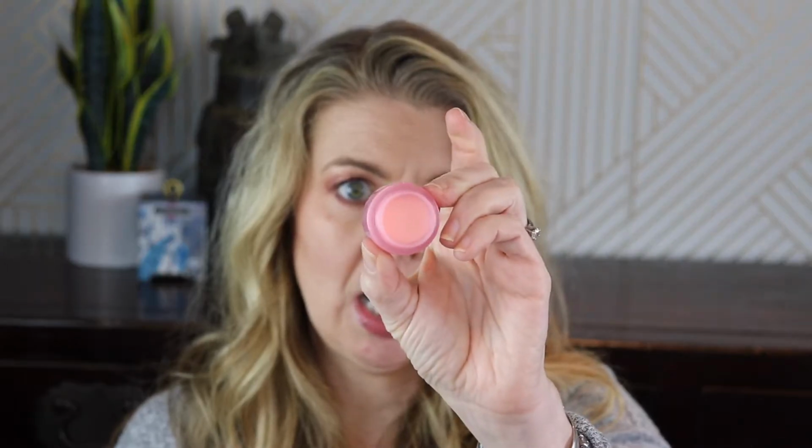Also on the balm side is the Laneige Lip Balm, the lip sleeping mask. And I will say I have gone through one of the full size of these, and it is not my favorite. I actually find it to be sort of drying, which a night lip mask should not be. What I prefer from Laneige are the lip balms that come in the squeeze tubes. Those I've had much better luck with. So this might end up in somebody's stocking at Christmas time. And last, but I fear least,